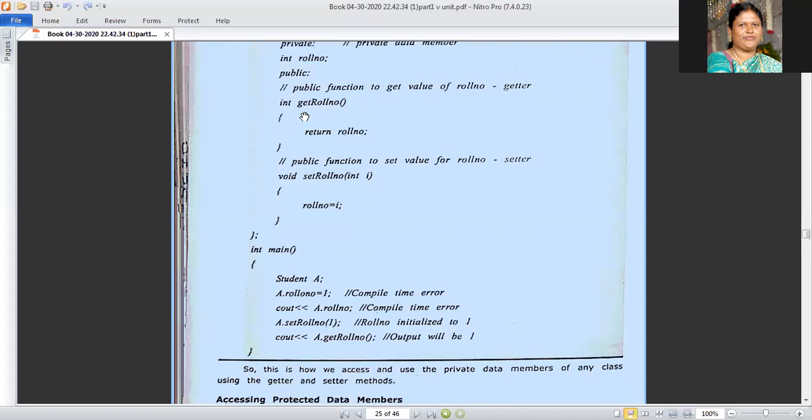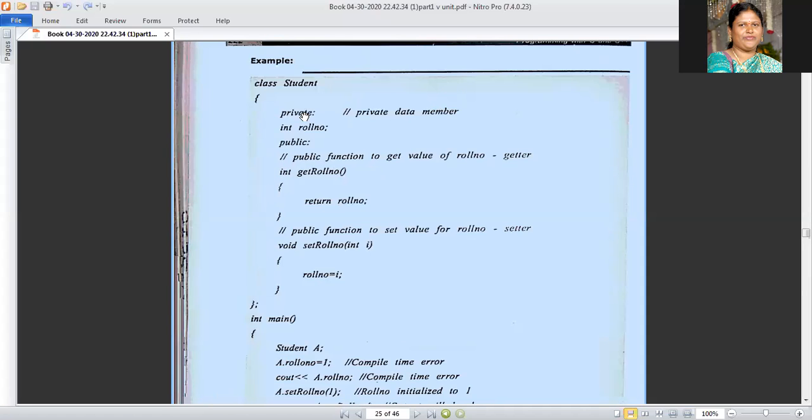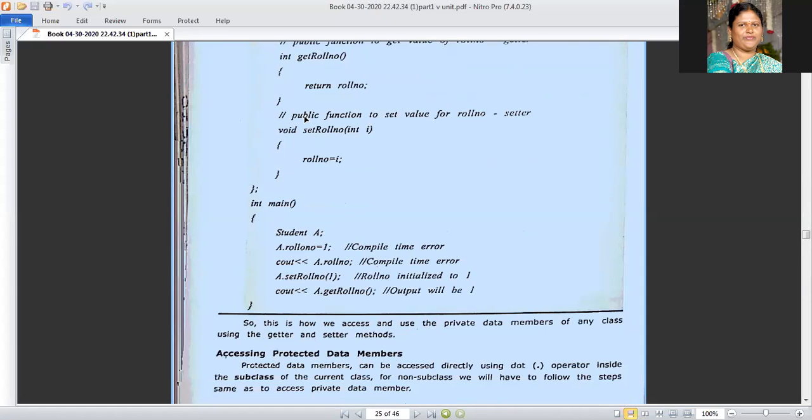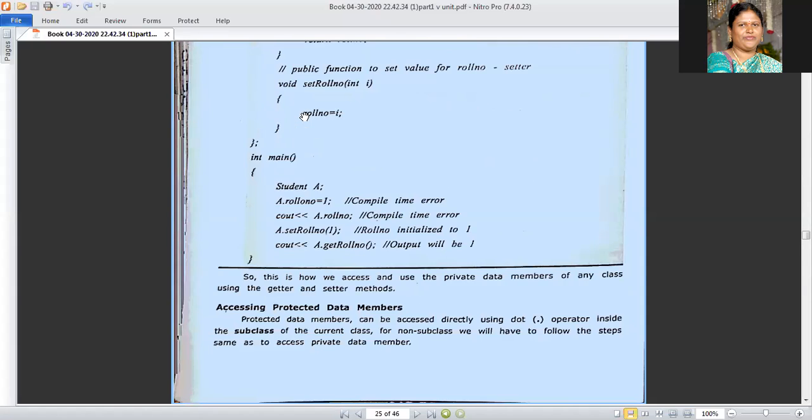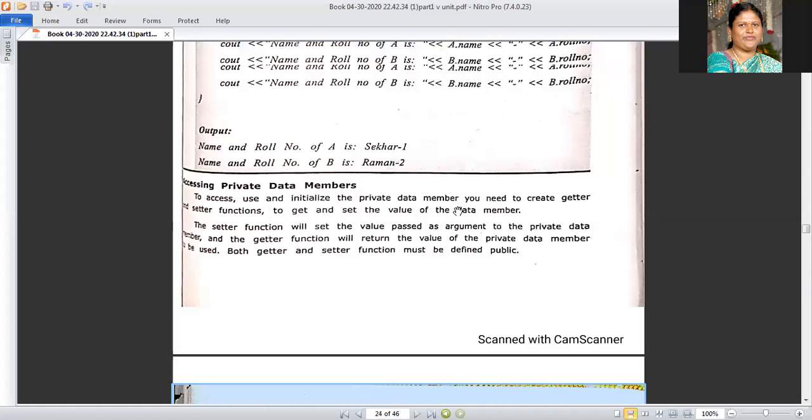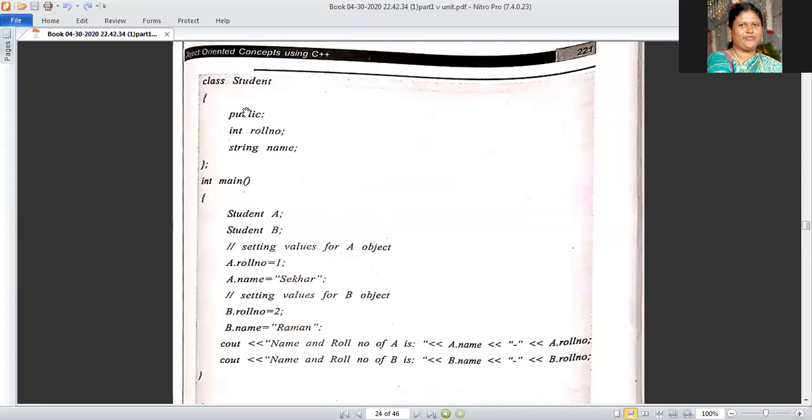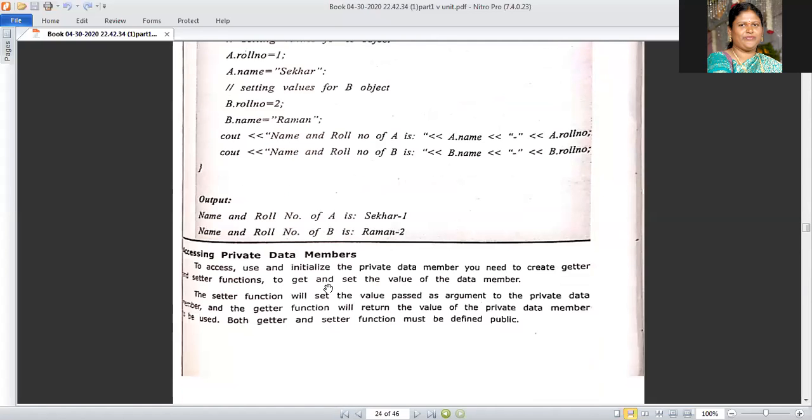Is main a family member of student, or is it separate? Separate. So it cannot access. Now compilation error. Whereas in the previous example, roll number we declared as public. So there is no compilation error. Within the main also we are accessing. There is no compilation error. This you have to understand.